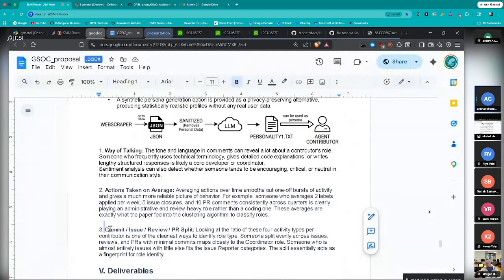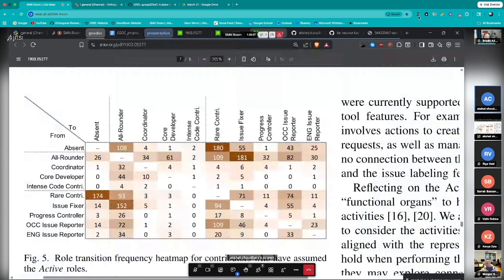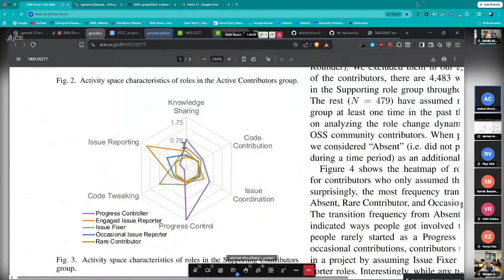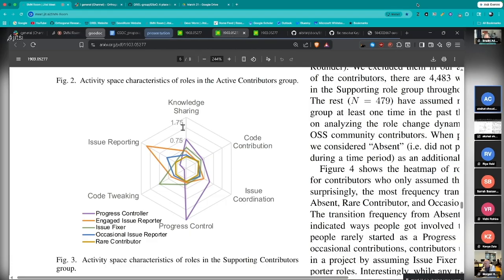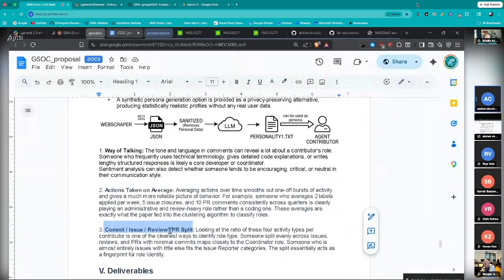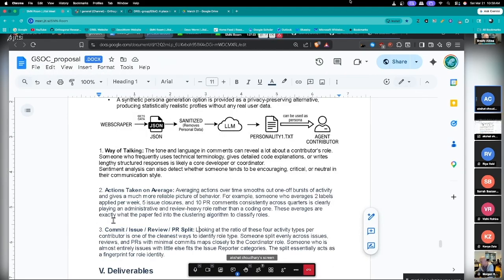So through getting this data, I think I've seen this multiple times in a GitHub profile README, that there is one graph similar to this one, which shows this hexagonal diagram, which shows how much this person is contributing as related to how much this person is opening issues. So through that we can map out one of the personalities, and then we can obviously add some variance to emulate the real part. So that will do for my presentation. Now, any feedback on the next part I've talked about?